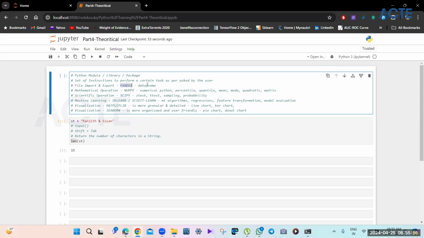One is pandas, because that's the important thing, right? We have to bring some outside file into the Python environment. NumPy, which will talk about the numerical things. We have to do all the numerical work. This has an important thing called arrays. We will talk in detail later about what an array is. And then scikit-learn, of course, is the most important because this is the module which will help you write all the ML related code: all the machine learning algorithms, linear regression, logistic regression, and all of that.